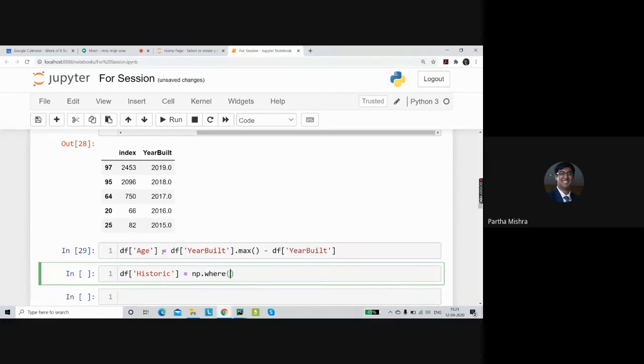np.where will allow us to check a particular condition, and the condition we want to check is the age of the house. Okay, so df age, we were saying that it should be greater than or equal to 50. Then we'll call it historic, else we will call it contemporary. Okay,